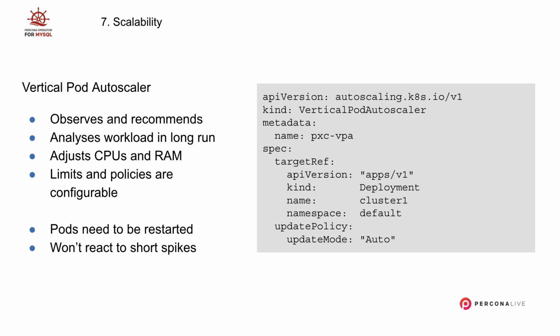If you target with the vertical pod autoscaler the specific deployment that is responsible for your cluster, it can actually add more resources. For example, when the CPU usage goes over a specific threshold for a longer period of time, so the trend is you need more, the autoscaler will actually assign more resources. However, keep in mind that this is not to react to sudden spikes in your traffic.